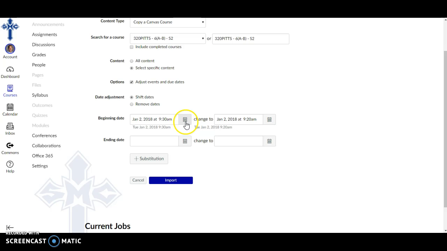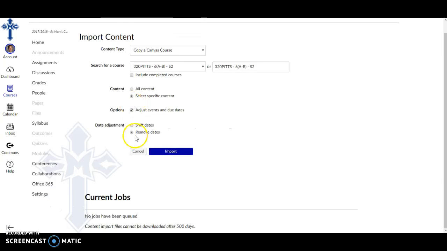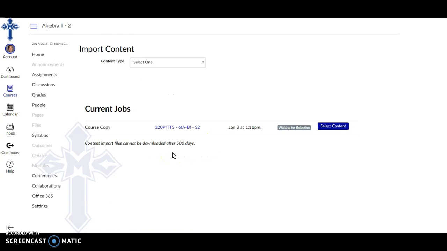So in that case, you can shift every date, which I doubt you want to do, or maybe it'd be easier just to remove dates. And then you're going to want to go to Import,